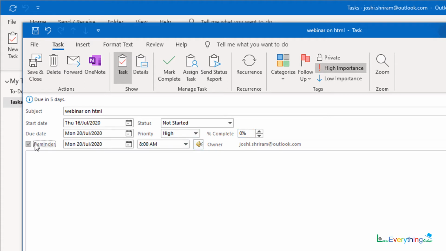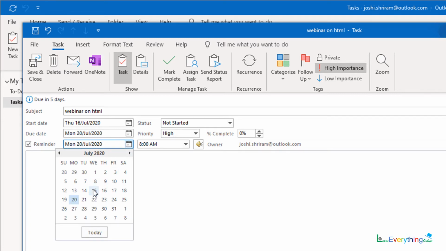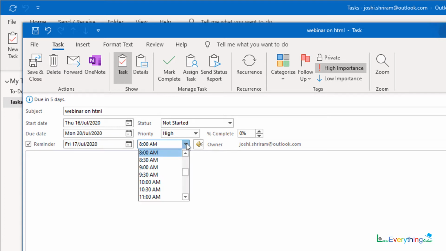Now check this reminder box, which will allow you to give one more reminder, that is, your task is ready or your task is due on which date, and before 2-3 days you can set a reminder for yourself, and that reminder will help you to check whether the activity is going on or the preparation for the activity is ready or not. I set it for 17 July.